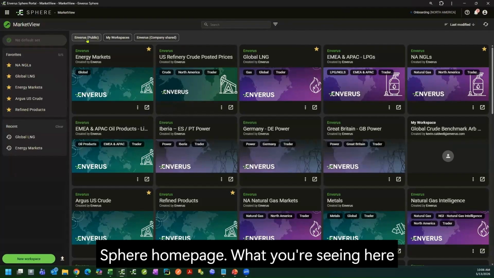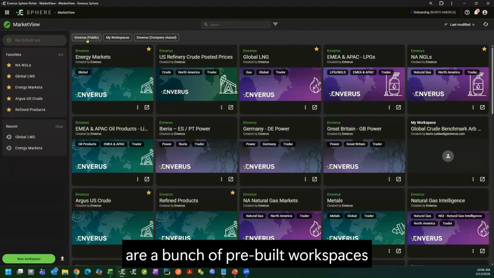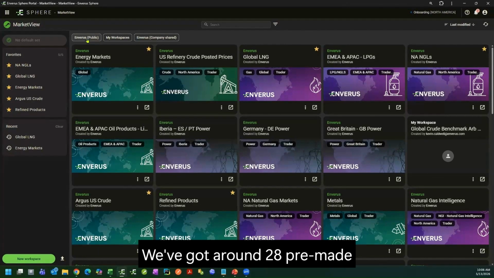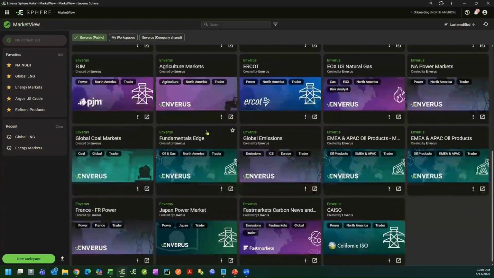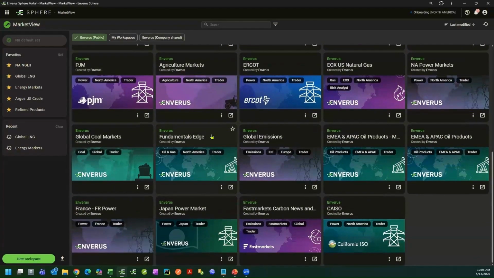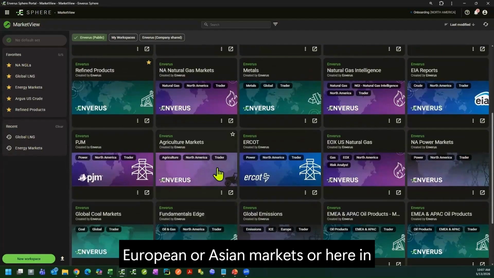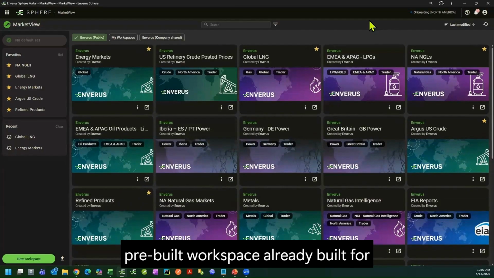Sphere homepage, what you're seeing here are a bunch of pre-built workspaces across different markets and workflows. We've got around 28 pre-made workspaces for the market now. Those have been built by Enverus for the public, right? Whether you're working across European or Asian markets or here in North America, we've probably got a pre-built workspace already